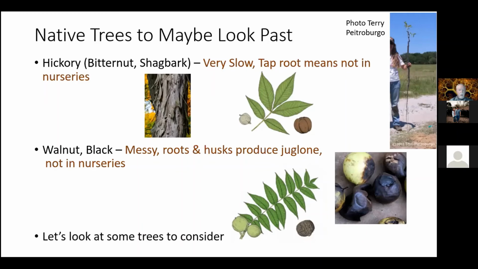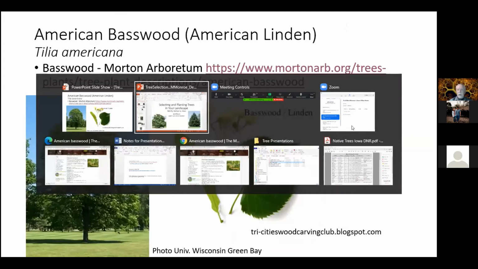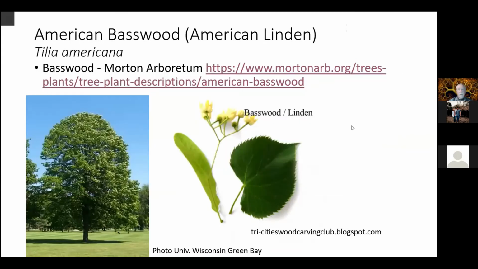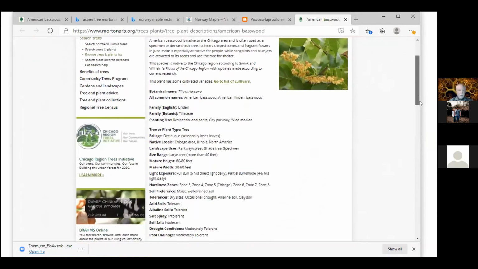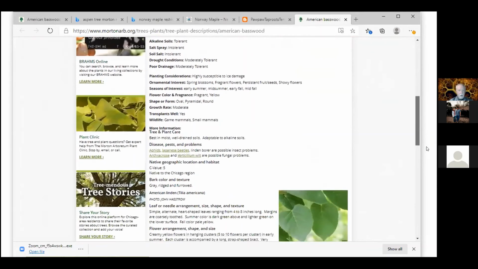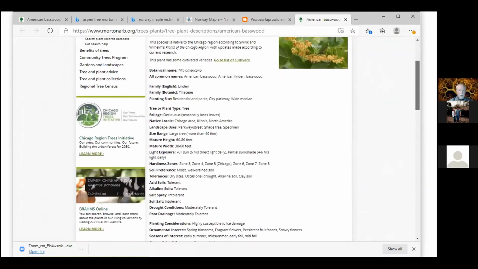Okay, moving right along, let's look at some trees that you might want to buy. So the first one would be an American basswood, also known as an American linden. And I'm going to show you the Morton Arboretum page on that, if I can find it there. So the Morton Arboretum doesn't necessarily have great pictures of trees, but look at all the information. And I know it's small text, but look at all the information it has on it. So it's just got a ton of information, from